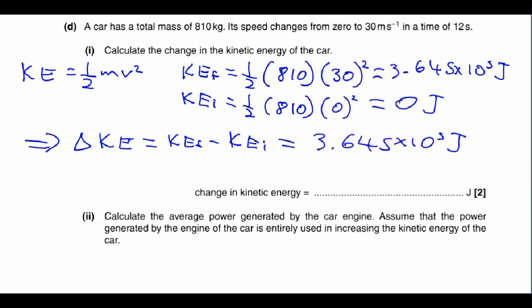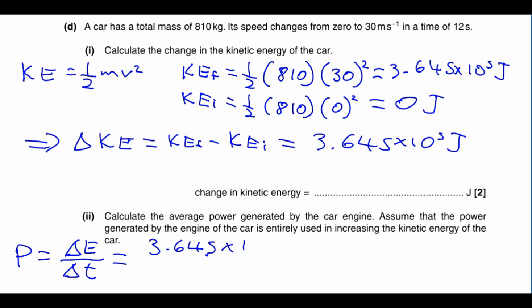Next, you are asked to find the average power generated by the car engine, with the assumption that all the power generated is used to increase the kinetic energy of the car. We can note down the formula for power, which is change in energy divided by change in time. And this is where the assumption becomes useful, because we already found the change in kinetic energy of the car. Based on this assumption, we can say that this energy is going to be equal to the change in energy for finding the power. So we can write